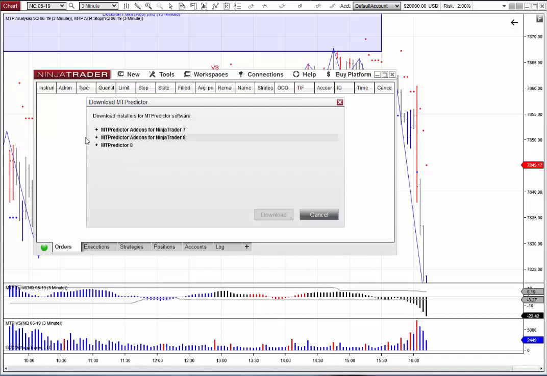Just to remind you that once you've downloaded a new version, to close MTPredictor 8 or close NinjaTrader 7 or 8 before you install the version. So if you download a new version from here, make sure you then go ahead and close NinjaTrader before you